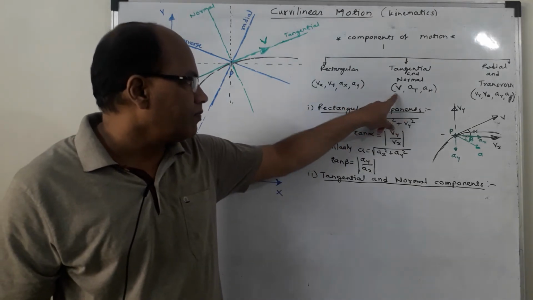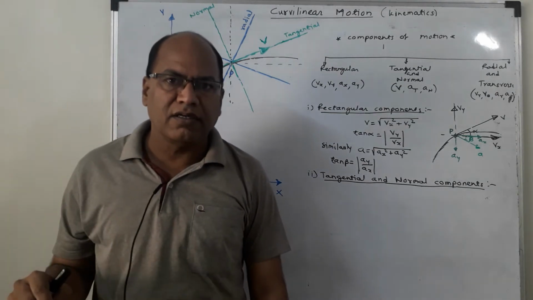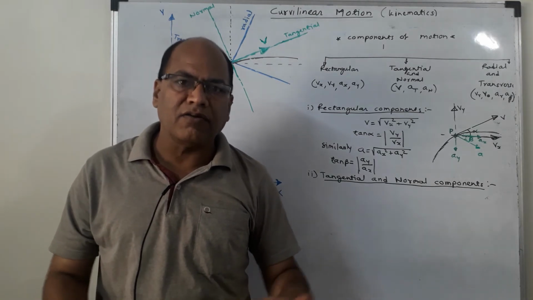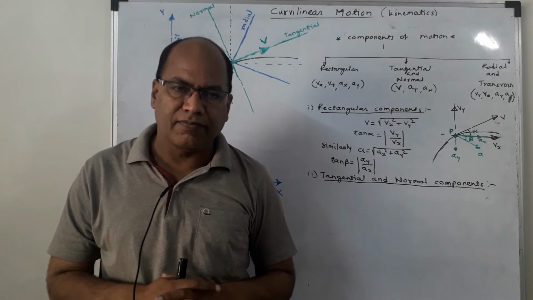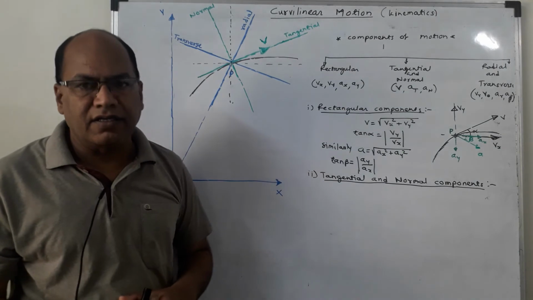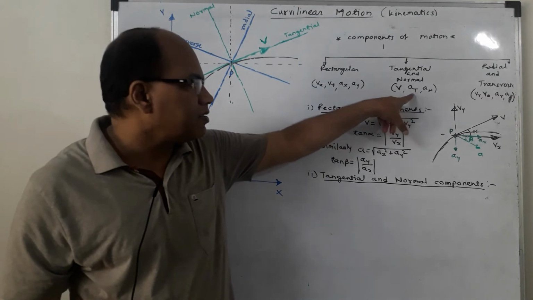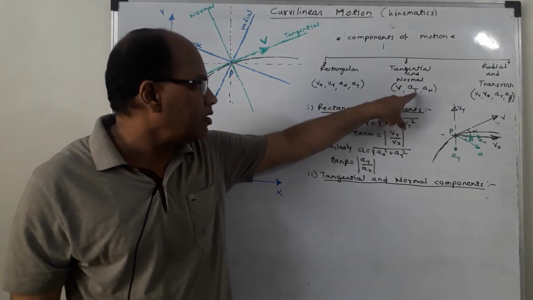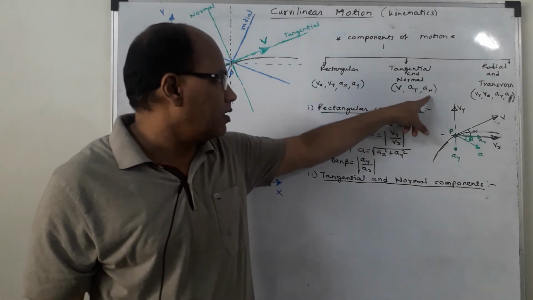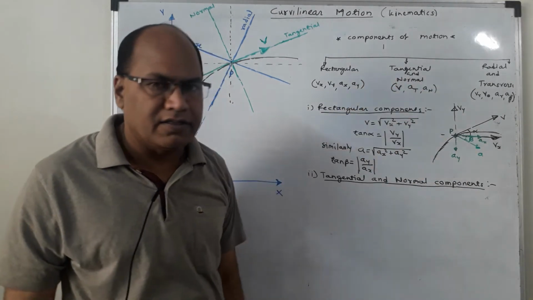Normal component is absent, but what about acceleration? Now again, I have told you that velocity is always along the tangent, but what about the acceleration? In case of curvilinear motion, the acceleration is never along the tangent, it is along certain another direction. And as it is not along the tangent, it is going to have both of its components along the tangent as well as normal. The component of acceleration along the tangent is called the tangential component, which is denoted by At, and the component along the normal direction is denoted by An. So, these are the components of velocity and acceleration along the tangential and normal direction.